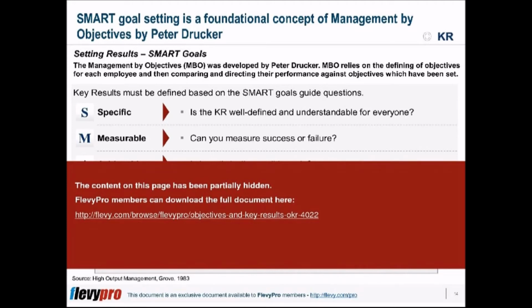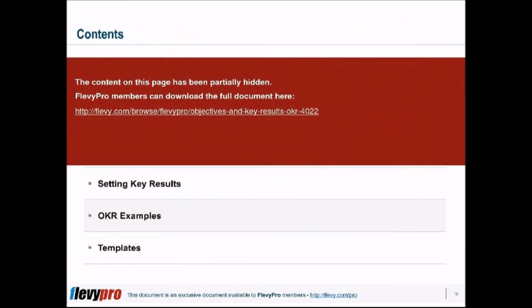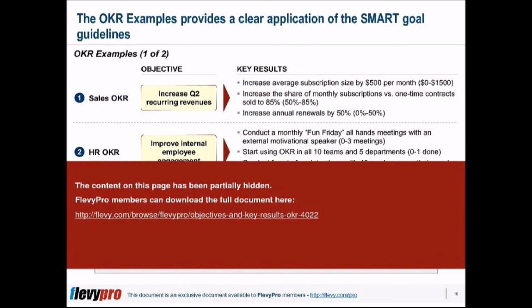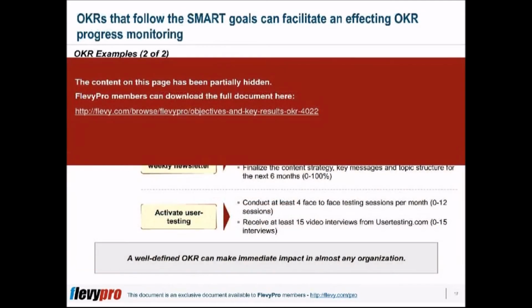Knowing what to do, as well as knowing what not to do, on an OKR journey helps to minimize problems and mistakes. The use of OKR requires cultural change, and change itself is difficult. But with the use of the SMART goal guidelines, organizations can get the hang of it and can be effective in their OKR journey. Let us take a look at OKR examples that provide a clear application of the SMART model. The first example is the use of sales OKR.